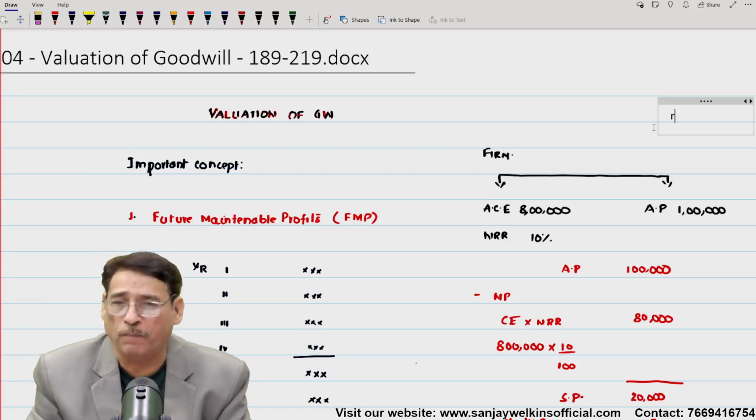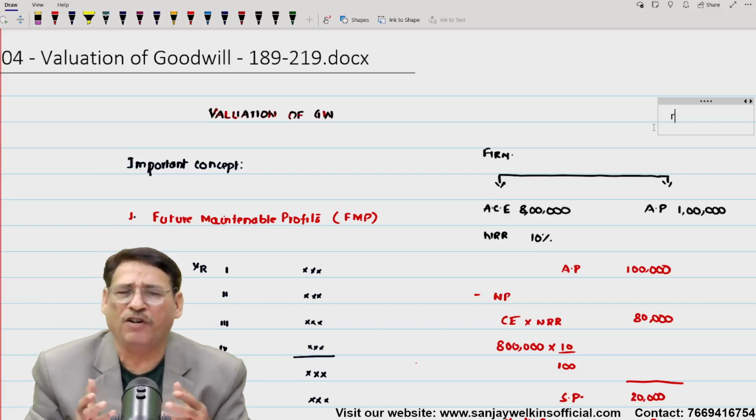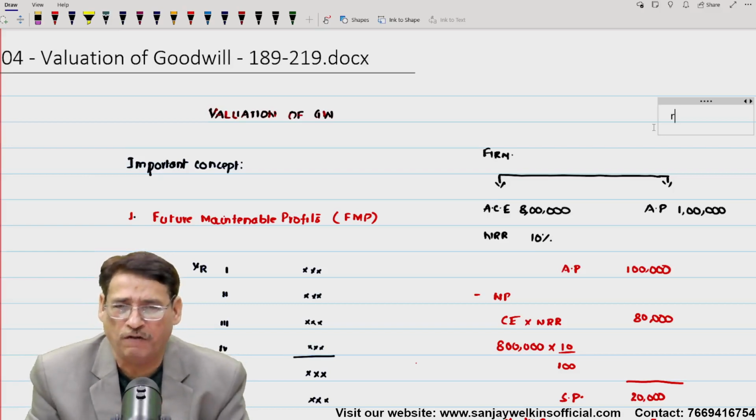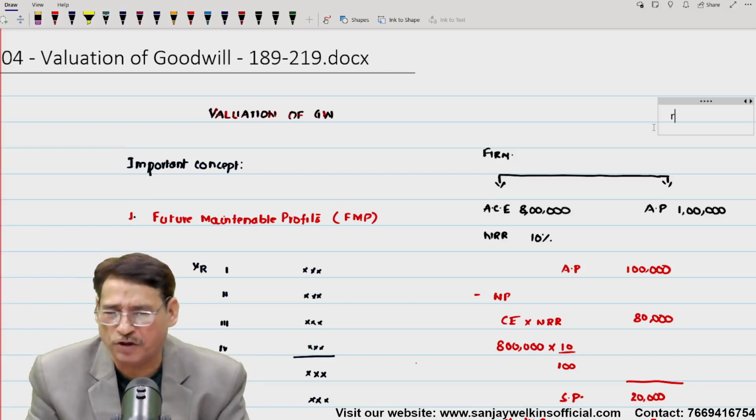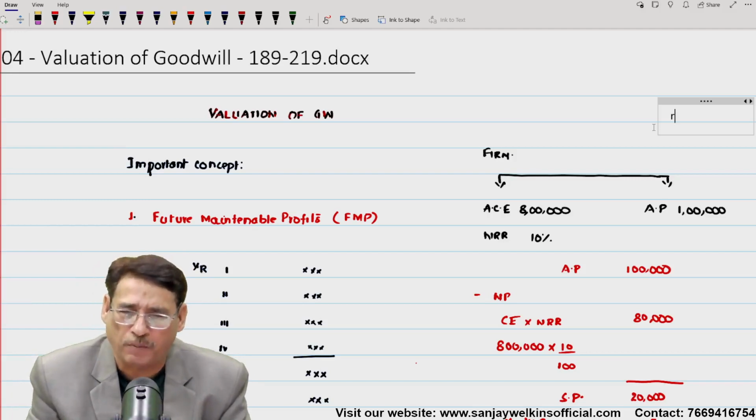So these are the 2 important peculiarities. And I need not tell you, at this particular level, when we need to do the valuation of the goodwill, you have been studying that even in your partnership, which you did earlier, at the time of admission, retirement, death, you used to value the goodwill. Similarly, if there is any change in profit sharing ratio between the partners, you used to value the goodwill. However, in case of corporate sector, generally the